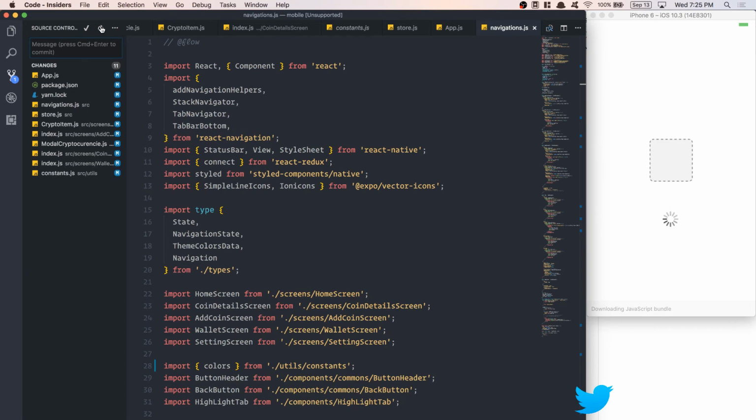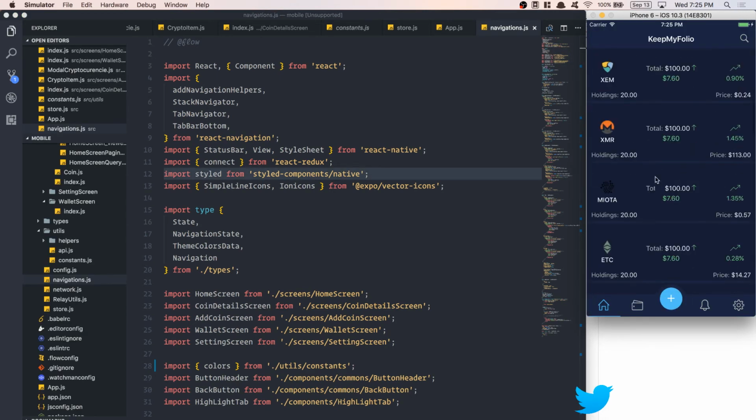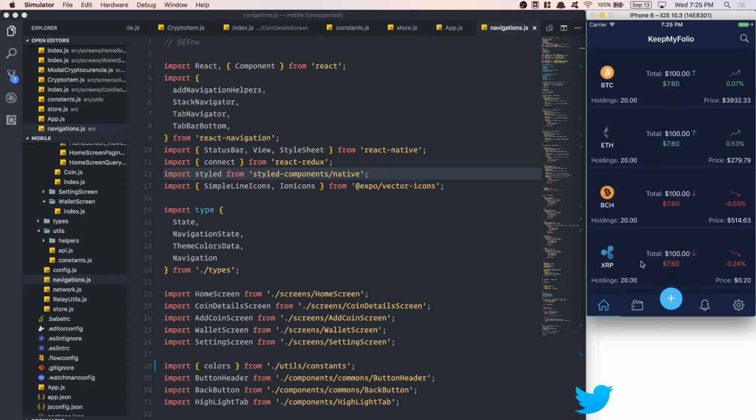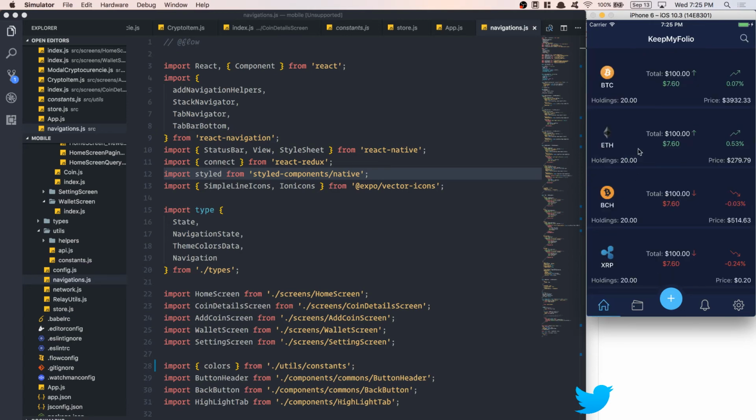Another thing to do. Done. So now my main feature is this thing. After you choose a crypto, I should add this thing with the crypto you